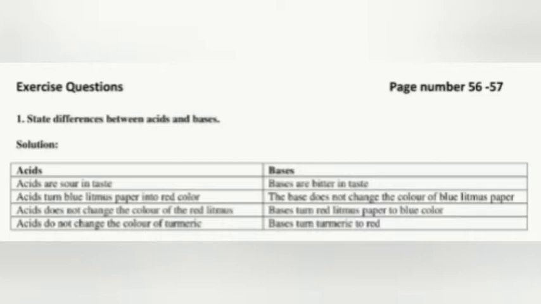Bases are bitter in taste. Bases do not change the color of blue litmus paper. Bases turn red litmus paper blue. Bases turn turmeric red. And the second question is: